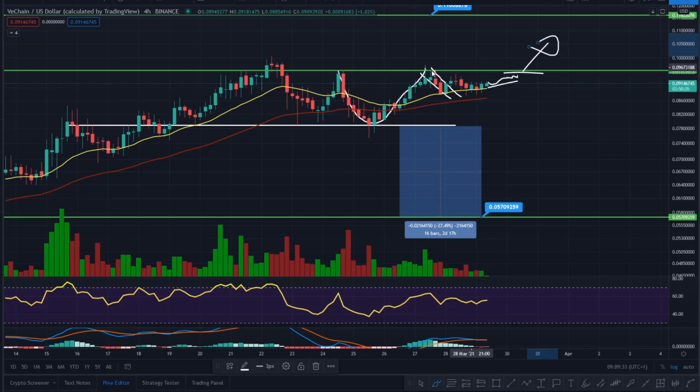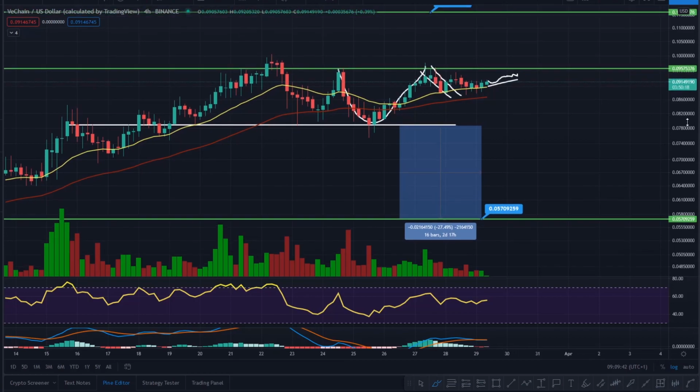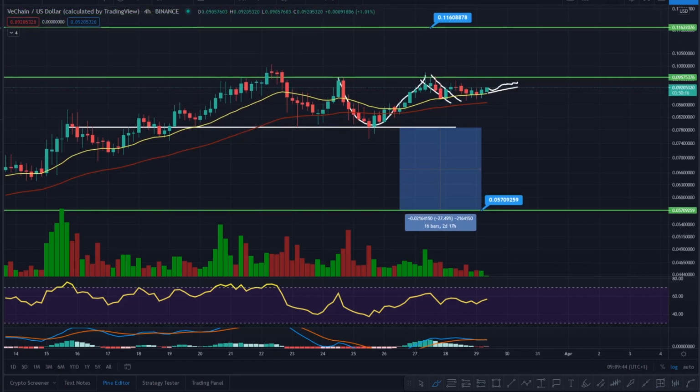breakout and break above this neckline of this cup and handle that we've found, that is forming on the 4-hourly time frame, because I'll show you the target of that cup and handle, and that's basically confluence in itself. You do look for confluence. So what you've got is effectively from this neckline of the cup and handle down to the bottom, something like that, and you can see that if we get the breakout that we're looking for, this validates this target that we've targeted anyway,